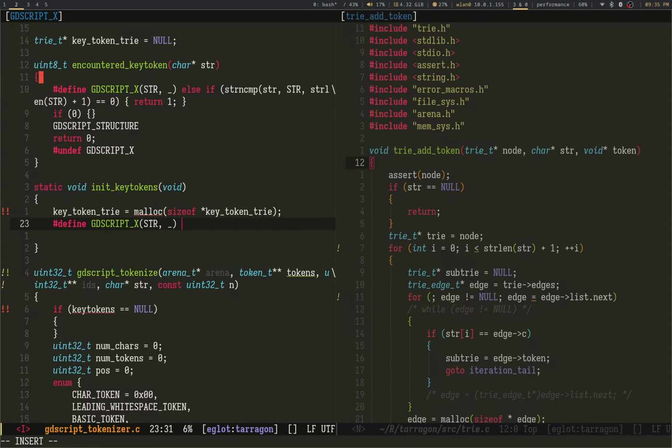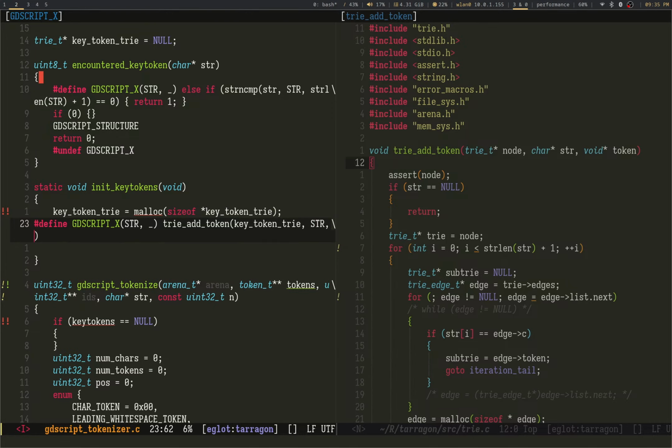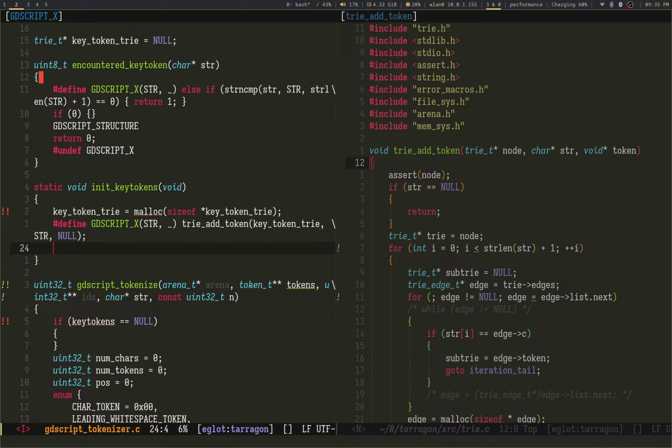GDScript X, yada yada yada. Okay, here we go. Tree add token. Node key token tree, and string. I'm going to add that, and of course I just want null. Easy. Okay, great. Gorgeous. GDScript structure.